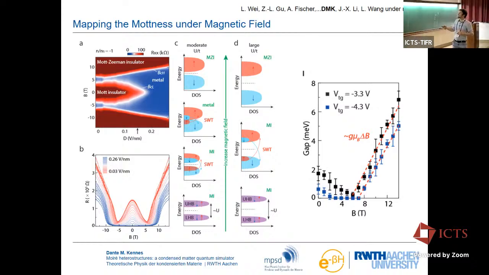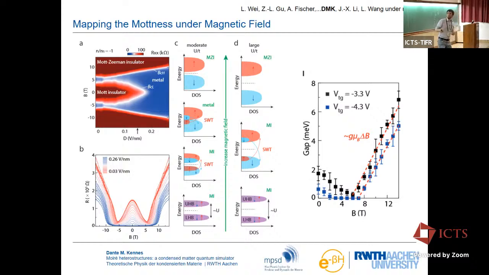From this measurement, it seems like we're more in this kind of moderate U over T regime, where the gap will actually close due to band broadening effects as you turn on the interaction, and then open again. Yeah? This is what we can say from the experiment. We can model this. The simple Hartree-Fock model is enough to capture this effect. And what this buys us is the insight that apparently this twisted tungsten diselenide sample that we looked at is in this moderate U over T regime.